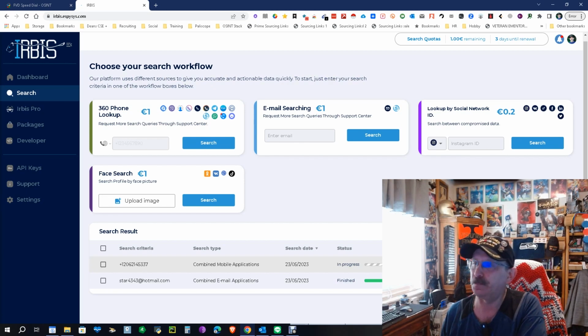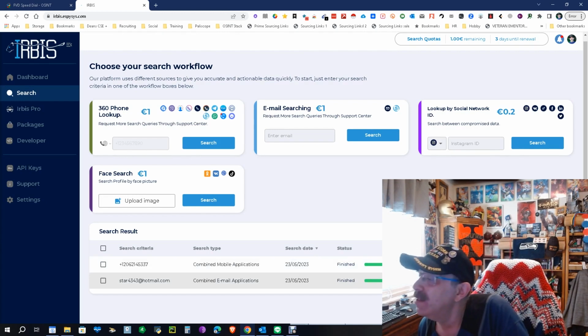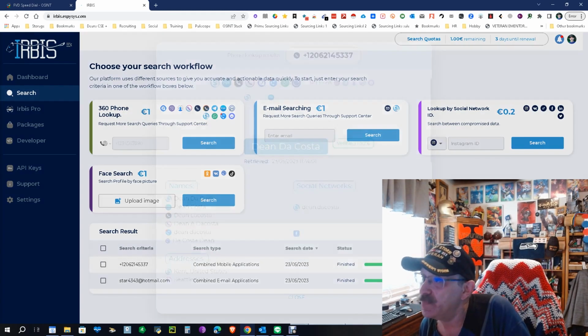Now, here's a little secret. I signed up with my Gmail. There was a way to sign up with my Facebook. I have multiple Gmails. The reality is you're going to get 3 credits free every time you sign up, and every so often you get them back. So I could sign up a gazillion times and get plenty of credits and never have to pay for it. I'm not saying you should do that, just saying you could. So let's push that one.